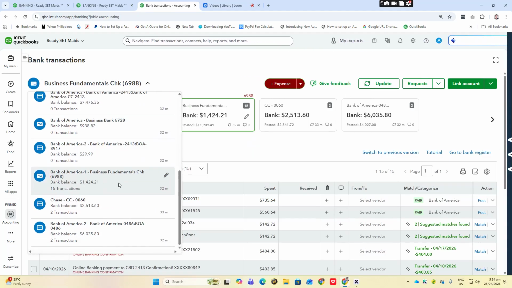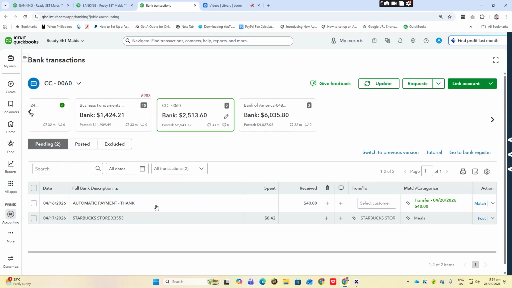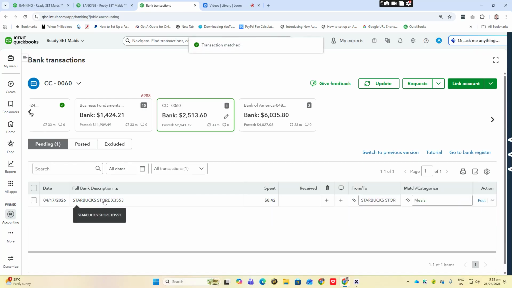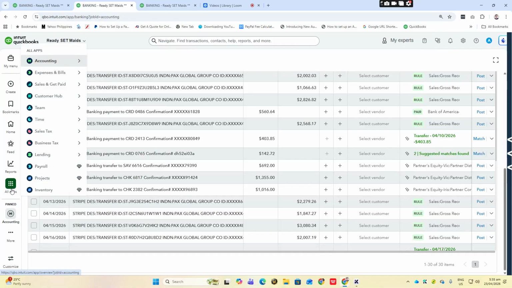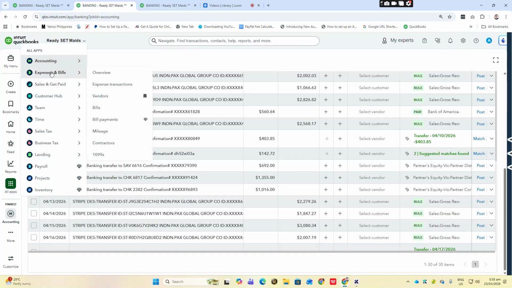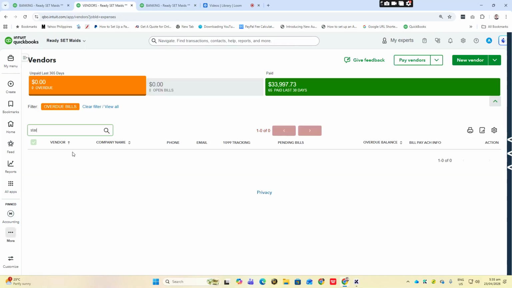So we're going to this one. So it says here it is matched. So there's a transfer, then match. Okay. Then let's use the vendor.